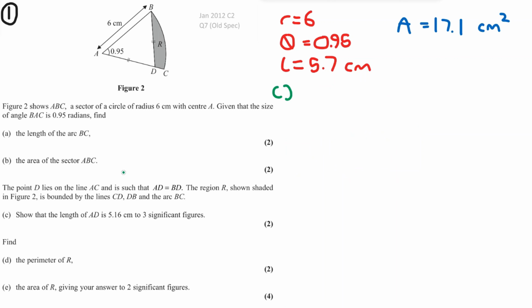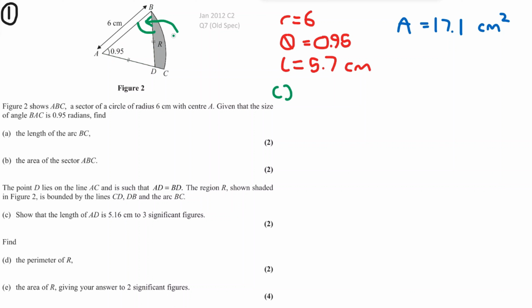So for part C, we're introduced to this point here, which is D. And the important thing about this point is it makes this side and this side the same length, and therefore this triangle now becomes an isosceles triangle, because remember, one of the features of an isosceles triangle is that two of the sides are the same length. So this triangle is an isosceles triangle, and one of the other features is that this angle and this angle are going to be the same angle, because that's just one of the features of an isosceles triangle. The angle here and here are going to be the same,